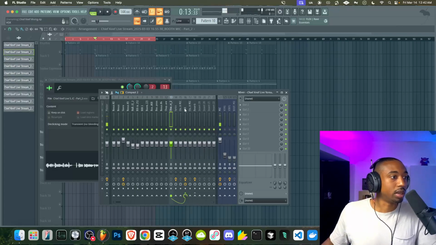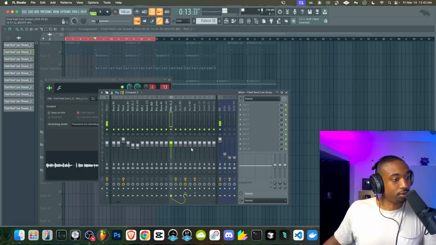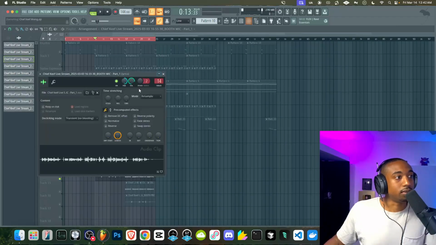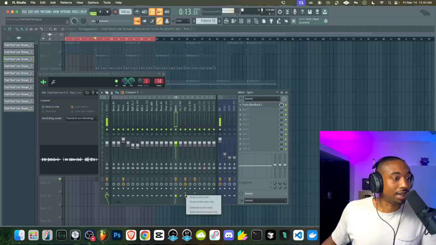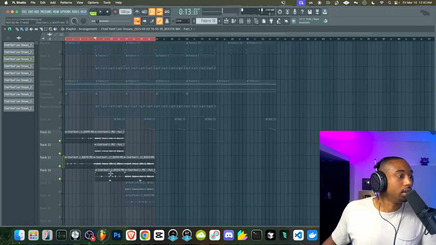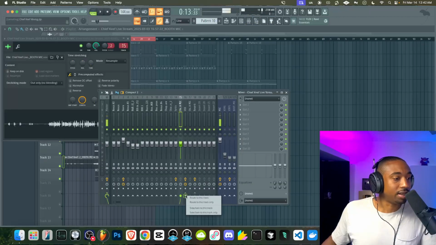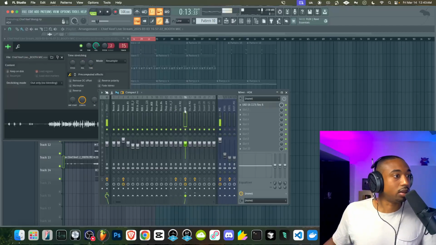So now the vocal is going directly to channel 16 and then out to the master instead of what we did with the reverb. It's different. So double click in here, find the number in the top right, go to your mixer, right click and route to this track only again. Do the same thing for your 3rd track. In the mixer, we found it here. We're going to find that vocal channel, right click and route to this track only. So now each one of these vocals is directly going to 16.